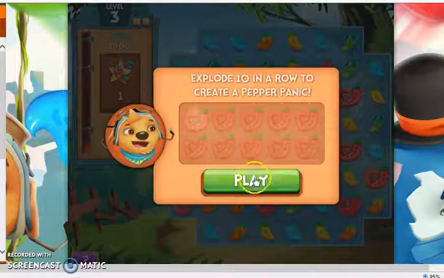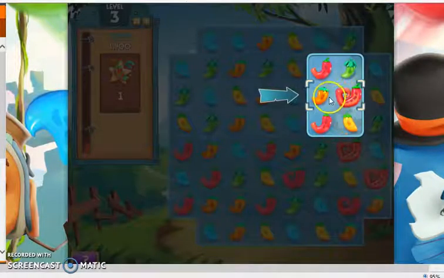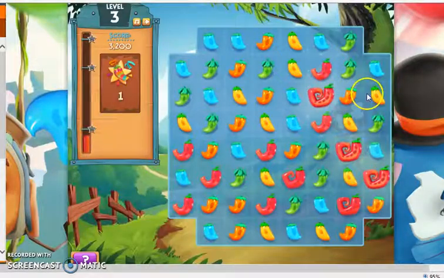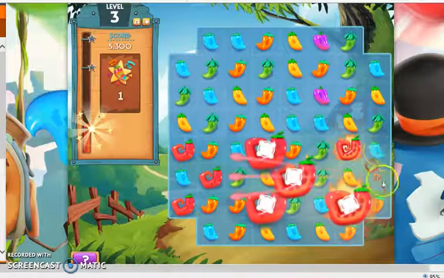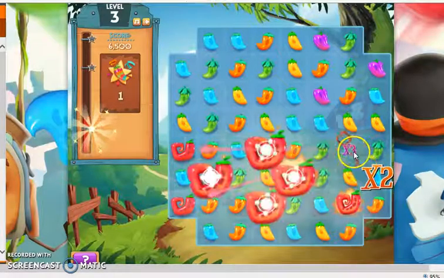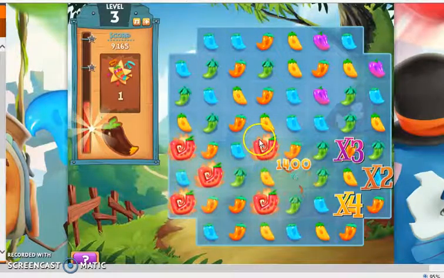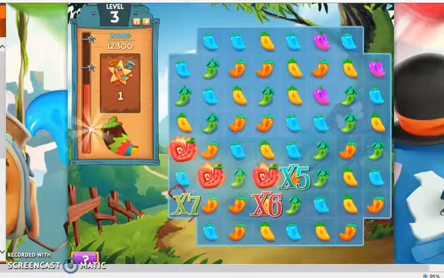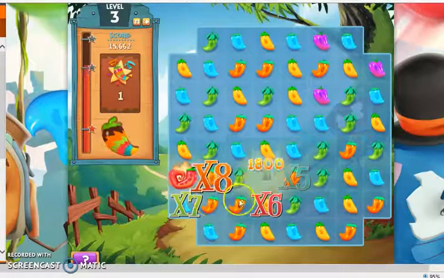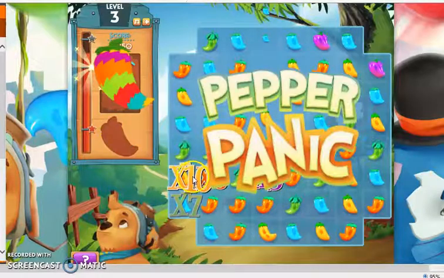Explode 10 in a row to create a pepper panic. Okay, so I'm assuming that by doing this, it will somehow create cascades and pop 10 in a row. Pop, pop, times 2. Okay, so chain reaction every single time one goes. 5, 6, 7, 8, 9, 10. Okay, I'm assuming this will do it. In the last 20 seconds of my video, please. Times 9, times 10. There we go. Pepper